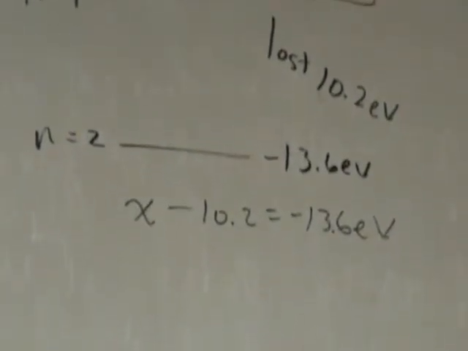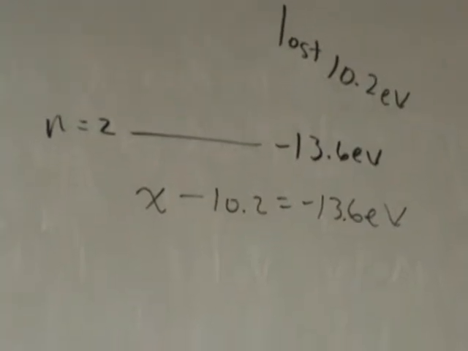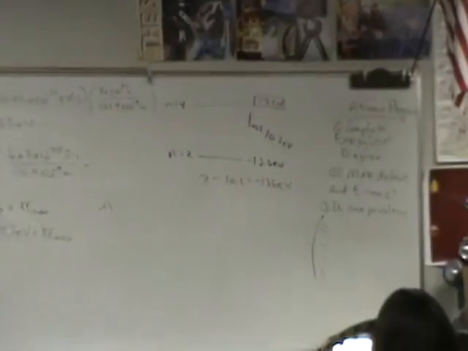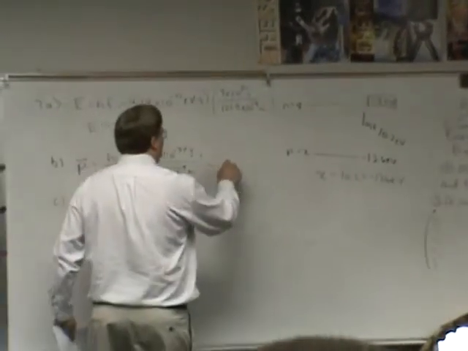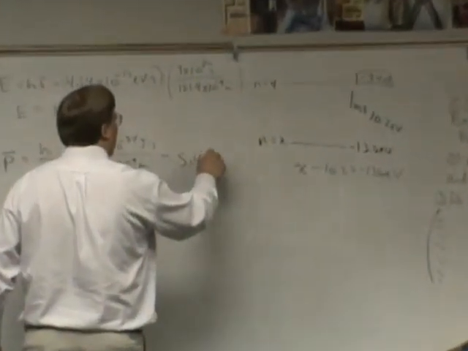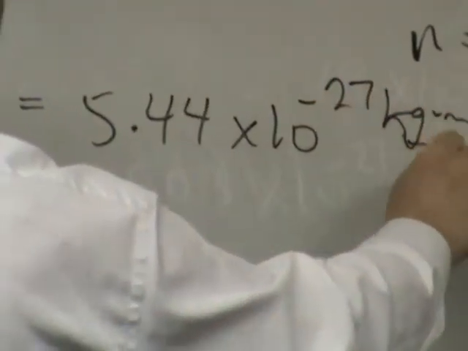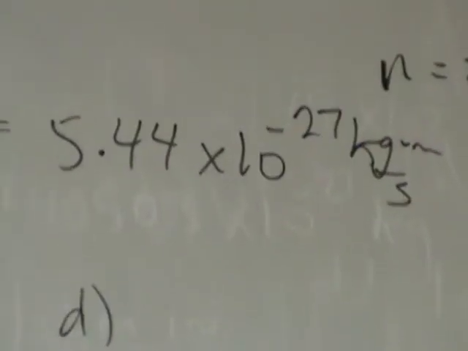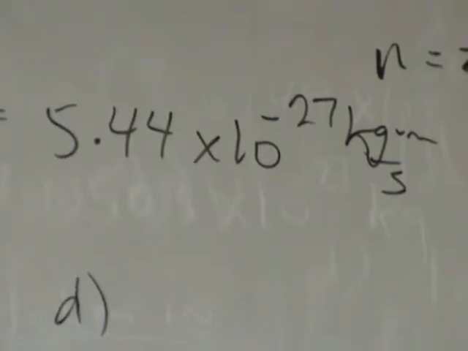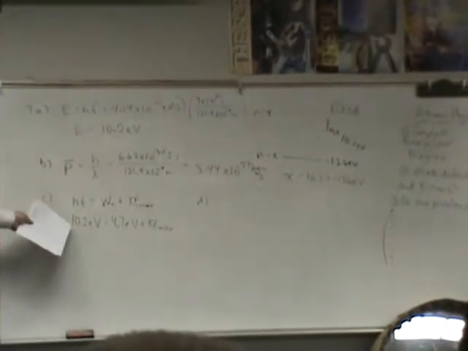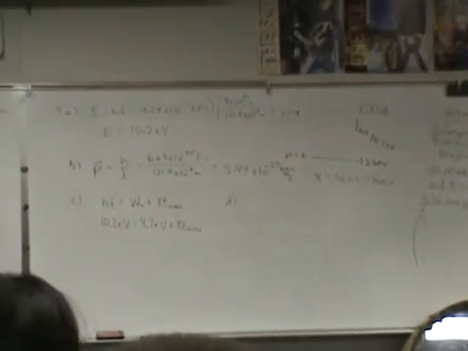So the momentum, you got this, and I didn't want to do it, so what did the momentum end up being? 5.44 times 10 to the negative 27? Yeah, 23. And that's kilogram meters per second. You've got to make sure you give the units on this exam, because there's so much confusion about electron volts versus joules. And now this 10.2 electron volt photon is going to hit